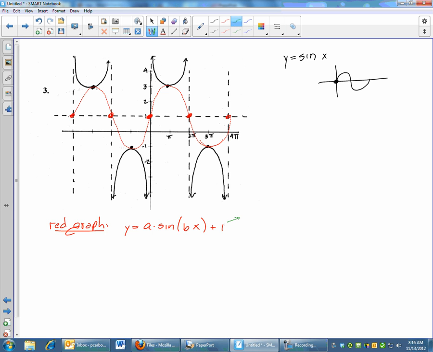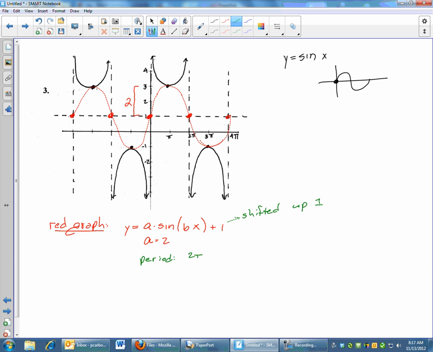So the plus 1 is because my graph is shifted up 1. I'm going to go ahead and put that at the beginning. Now I've got to find the amplitude and the period of that red sine graph. Amplitude is pretty easy. From midline to the top, that is a distance of 2. So my amplitude is 2. And then my period, if we look at one period, I start at 0 and end at 4 pi. So my period,